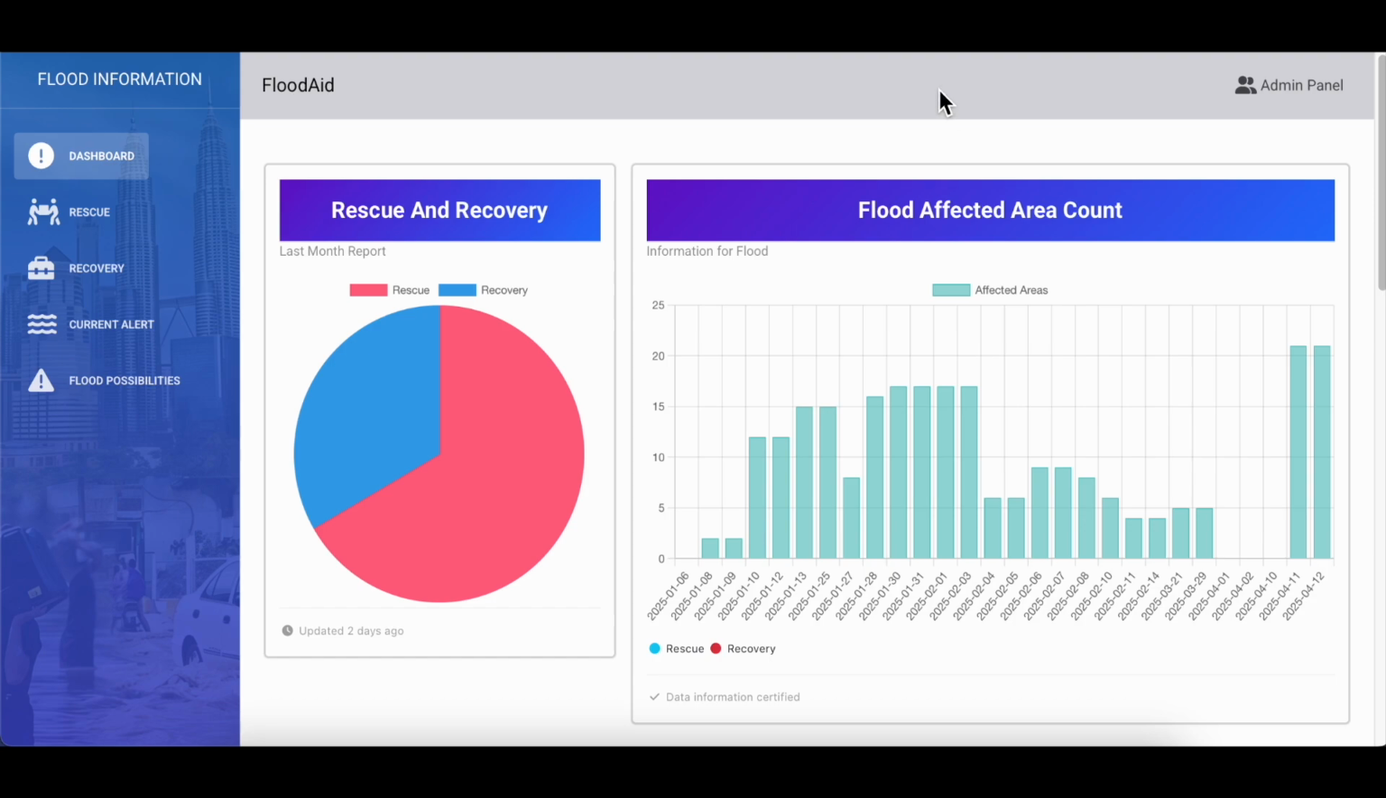This is the FloodAidTool for flood information management. On the user dashboard, users can see the rescue and recovery requests visualized in a pie chart, providing a quick overview of the ongoing emergency response activities. Next, a bar chart shows the daily count of flood-prone areas, highlighting how many areas are at risk of flooding